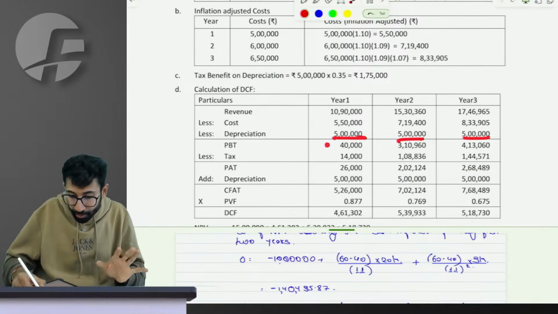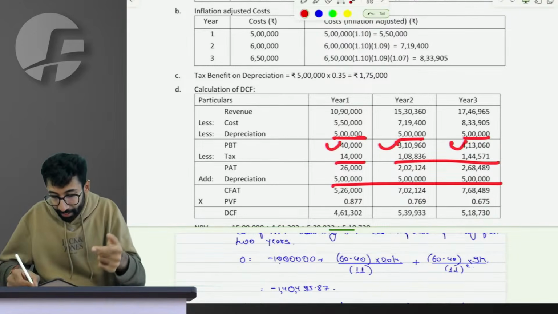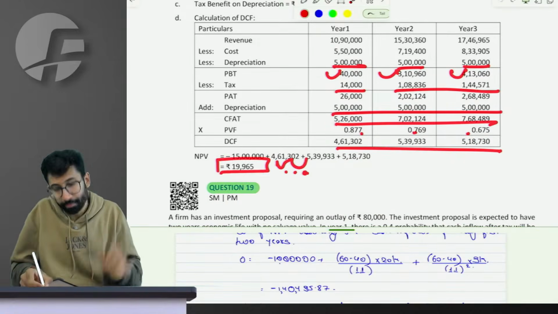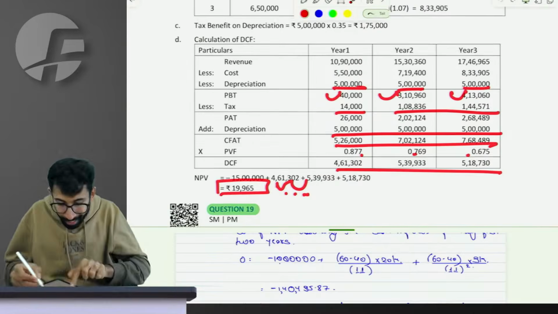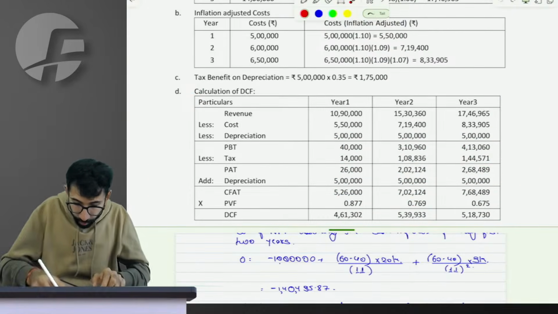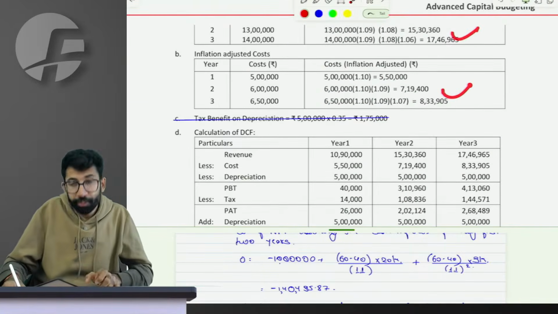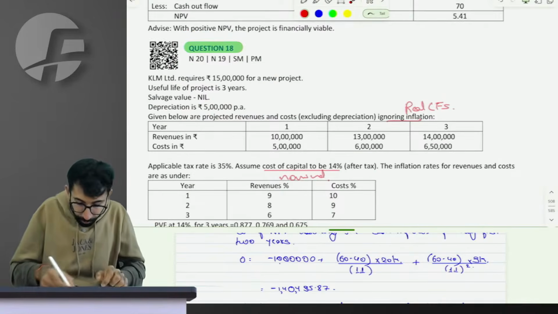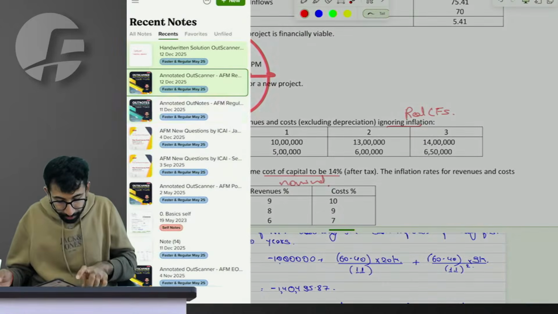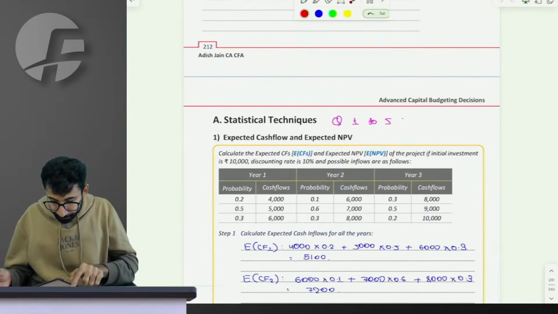Deduct the nominal depreciation of 5 lakhs each year and you get PBT. You have a tax rate, you get PAT, you add back depreciation to calculate CFAT, multiplying by the present value factor will give me the present value of inflow, and deducting the outflow will give you NPV. The solution after calculating the nominal revenue and cost was really easy. Before revenue and cost, we had to do this discussion. Question 18 is done. Could you understand?